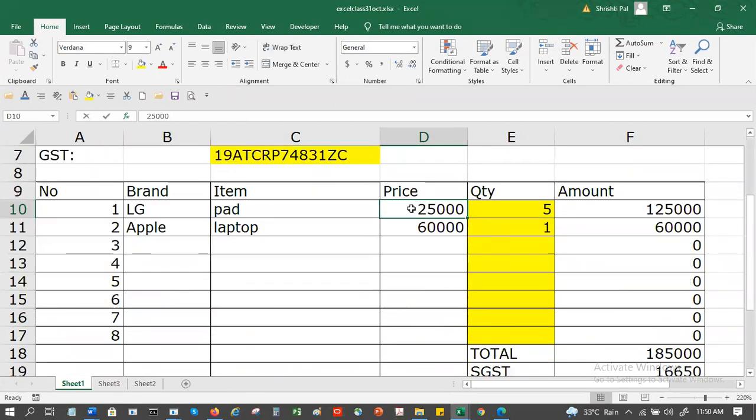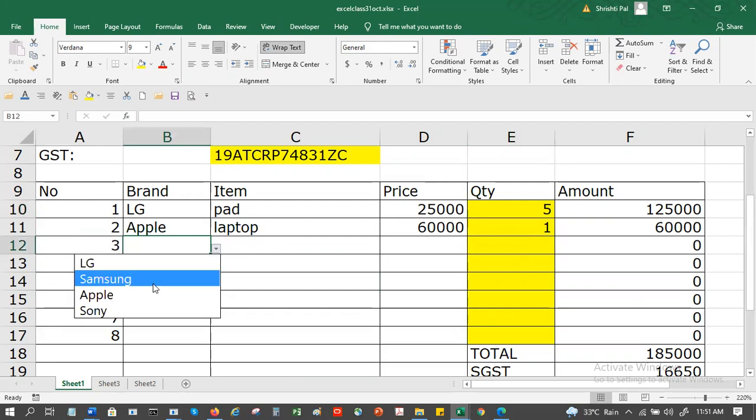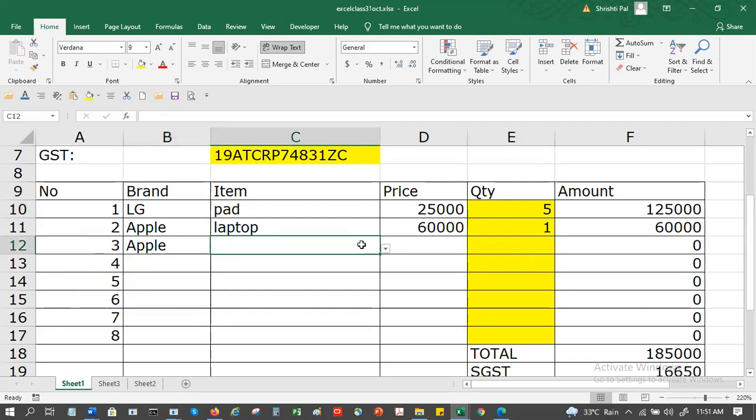And what will happen, all this part we can disable so that he will not be able to do anything. He will just enter the values here, whatever is in yellow. So like this, suppose he's buying an apple, he's buying a pad, and the price, we can do a VLOOKUP, right?